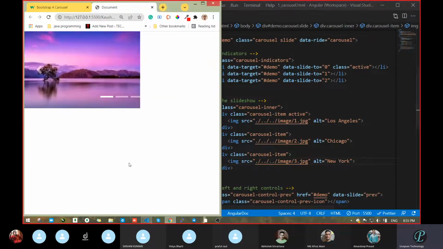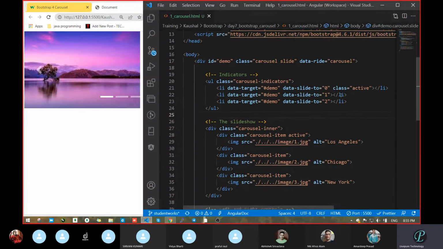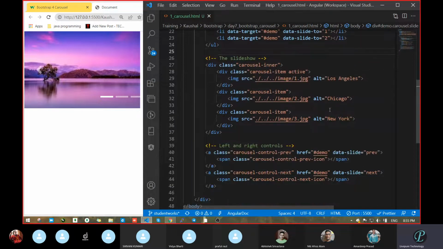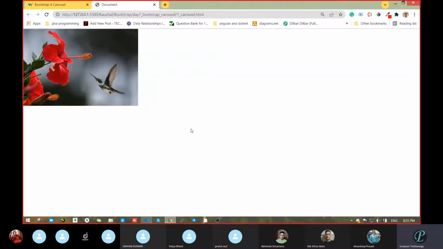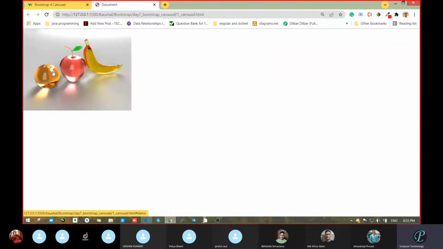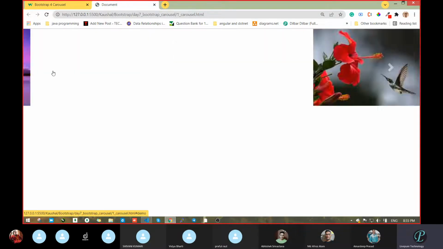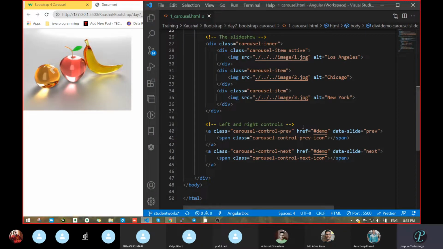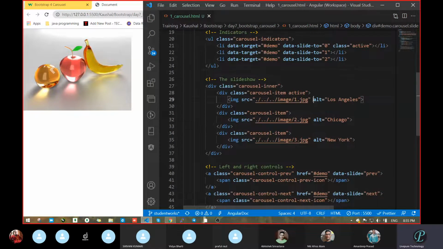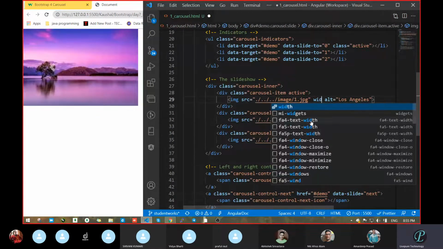So see what we had done here. Due to the small size of the image, it's coming like that. But if we want, let it be, it's not an issue. So what are you getting here? In this place, the three images will come alternately, on some duration. These all images will come as I click this. So see, we are getting some images. Okay, so it is coming here. Some icon is there. Wait, how can we increase? Let's go with some width.